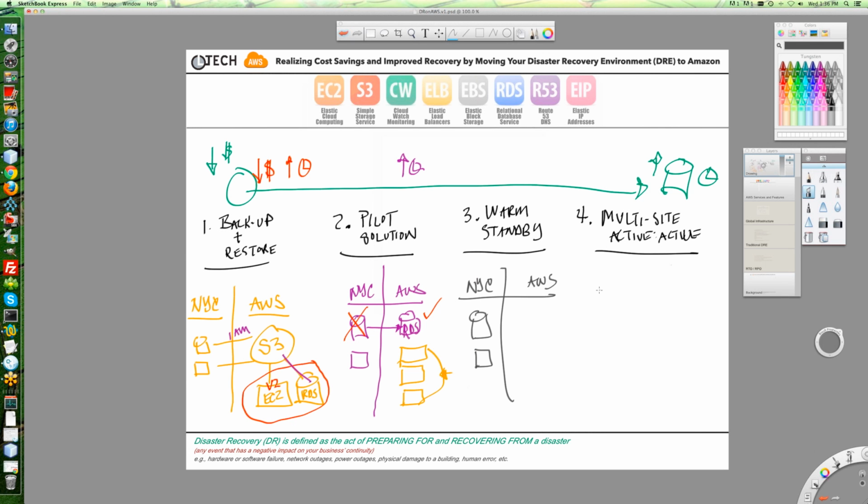And now we're going to come over to warm standby, and we're going to keep the example going here, right? We've got New York City, we've got AWS, and we've got,